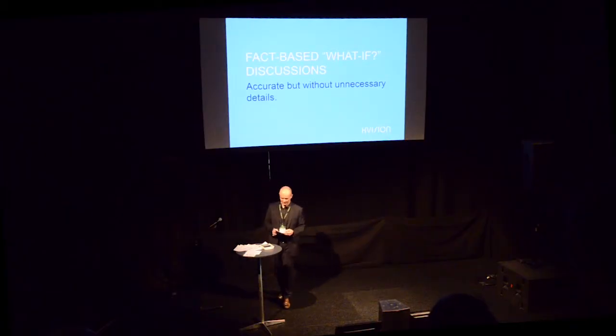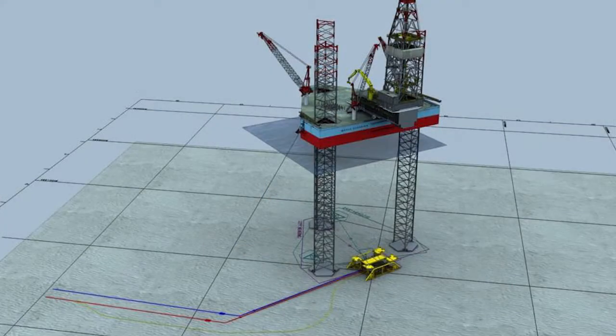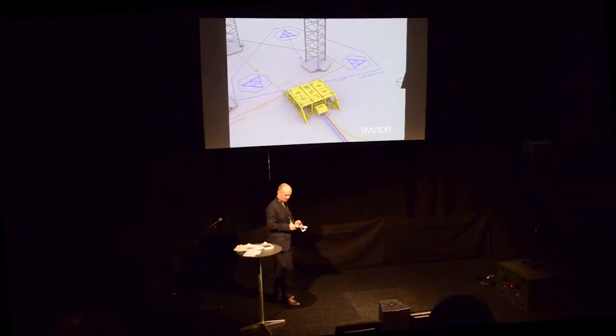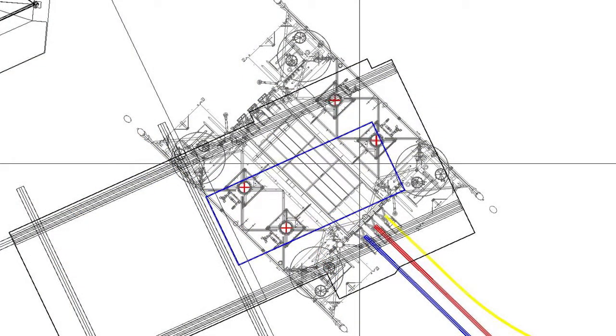Now, I'm going to show you another example where the focus was to make a speedy but still accurate decision. In this case, for Lundin Norway, the case was to find optimal placement or orientation of the jackup rig over the wellheads. They wanted the rig to be moved just one time for reaching all 4 wellheads in the template. And as you can see here, the green rectangle on the picture indicates that with this heading, the orientation, it gave access to 2 wellheads. And with a slightly different heading and orientation, you could access